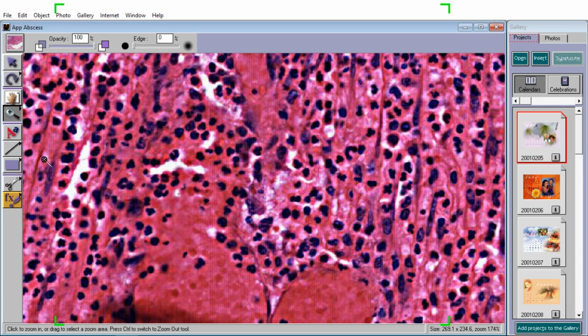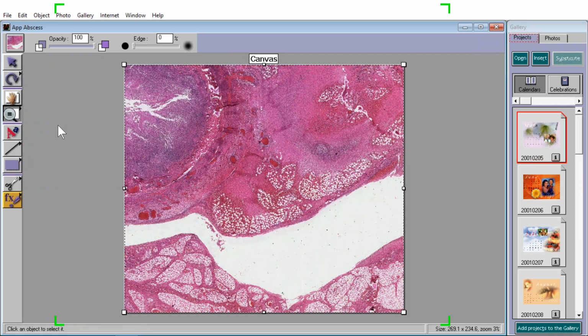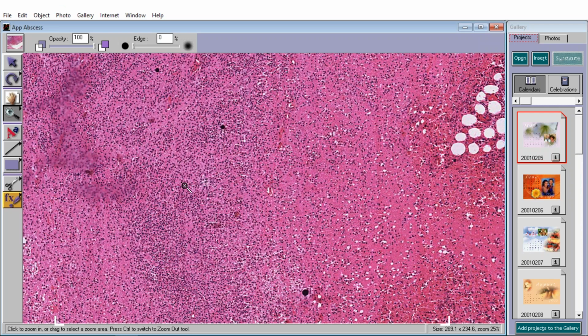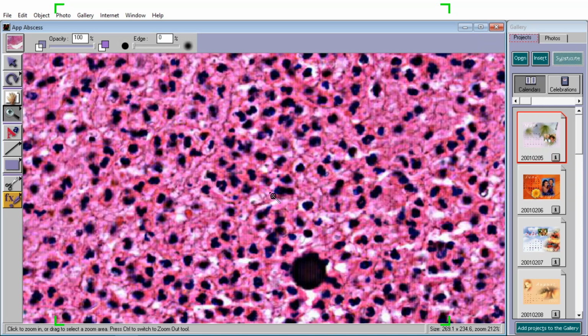But why am I showing you this? Because I've showed you this already. So why am I showing you this again? Well, the reason why I'm showing you this again is because not only do you have these acute inflammatory cells in the wall of the appendix, but here now we are in the fat outside of the wall of the appendix, okay? And not only are we in the fat outside of the wall of the appendix, but you have all these